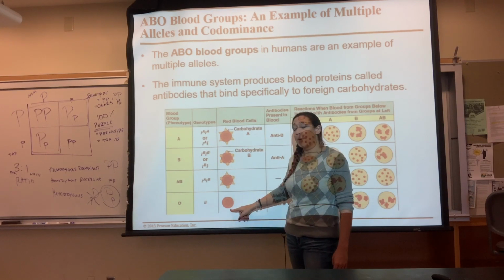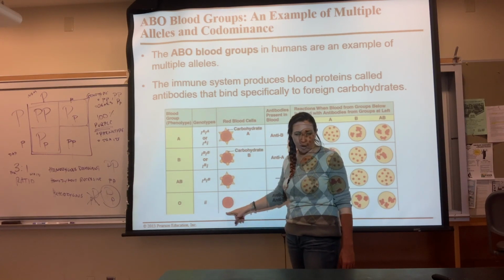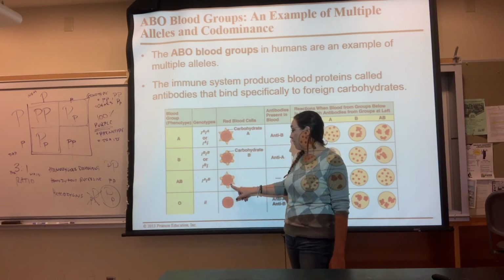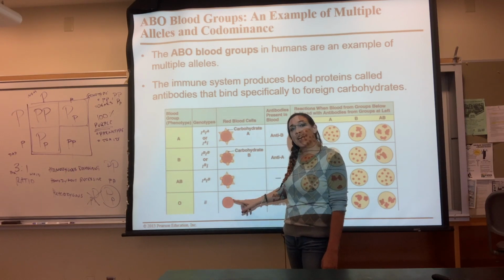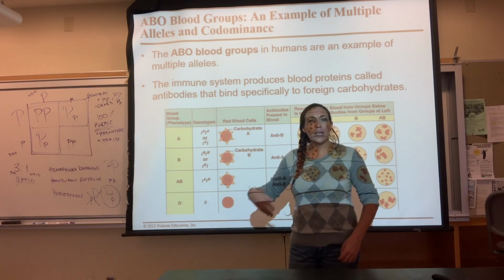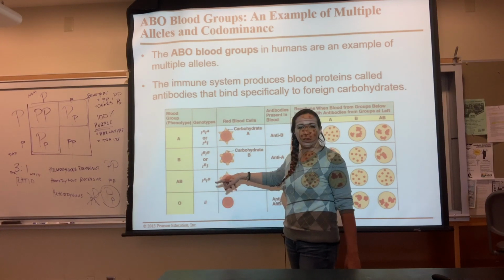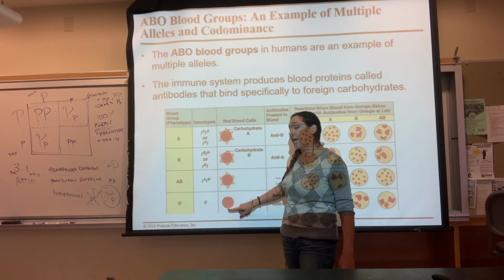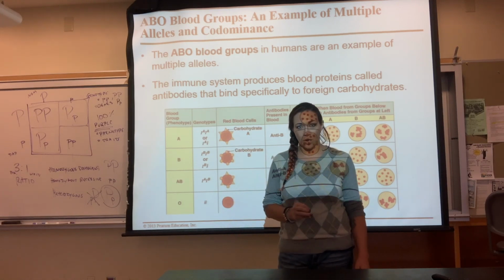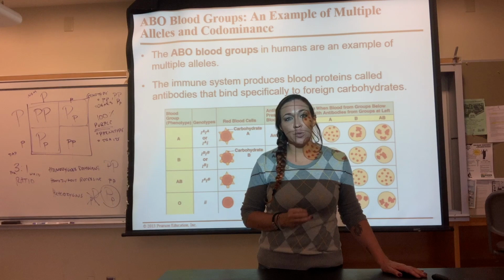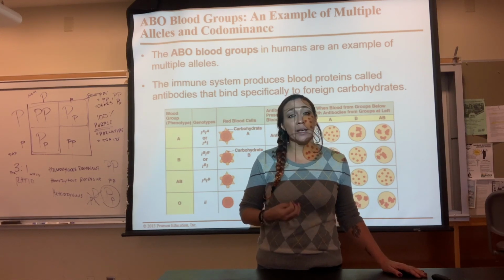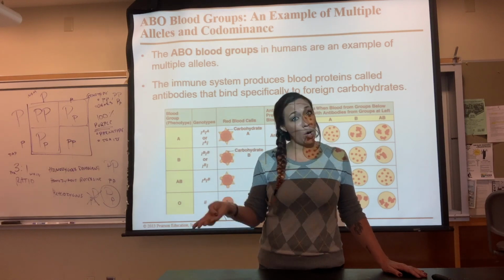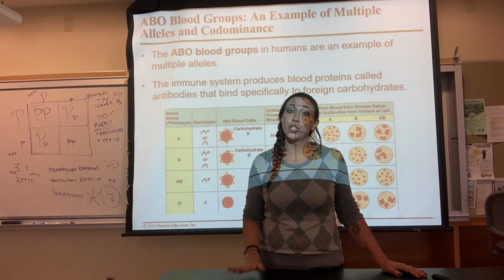However, if you are type O, you have no markers, which means your red blood cell essentially is like naked. It doesn't have any of these little markers on it, which means type O can give to anybody, because the body goes, well, I don't recognize anything. There's nothing to recognize. So yeah, come on in. You're totally fine. Which makes type O the universal donor. Because it doesn't have any of those little markers on the outside, it can be accepted by any blood type: type A, type B, type AB, or type O, which makes O the universal donor.